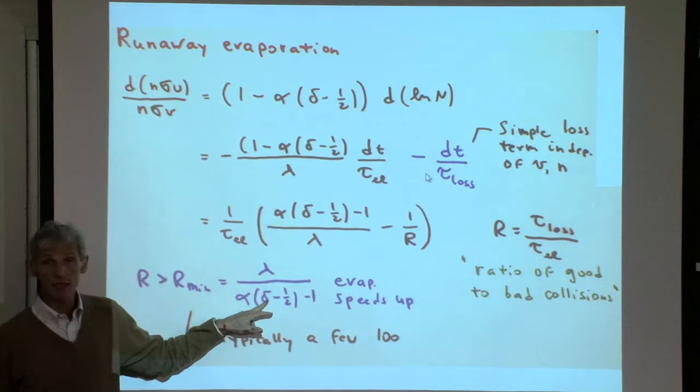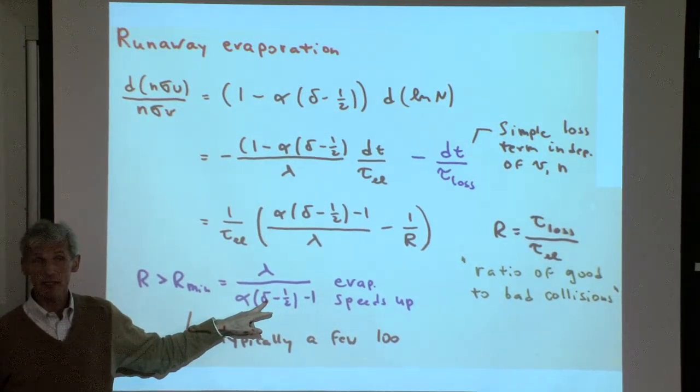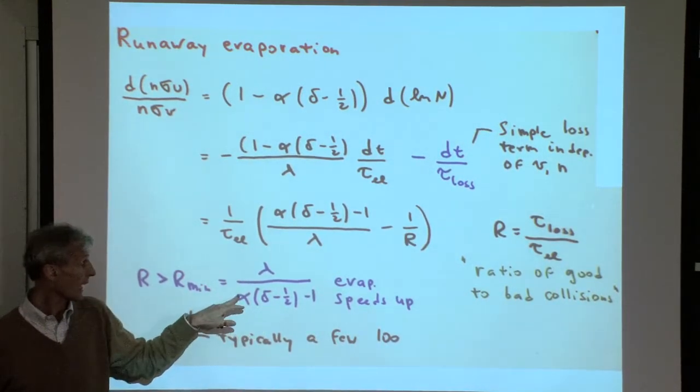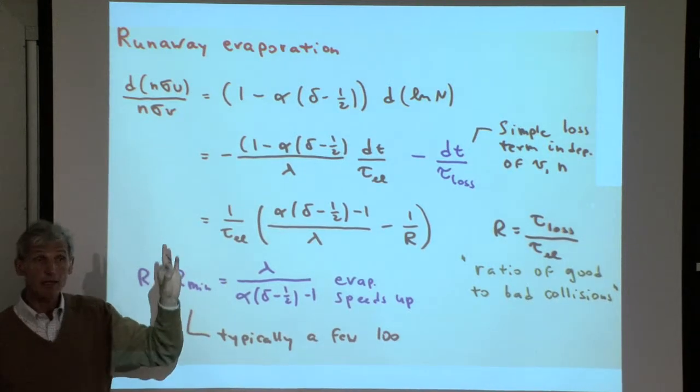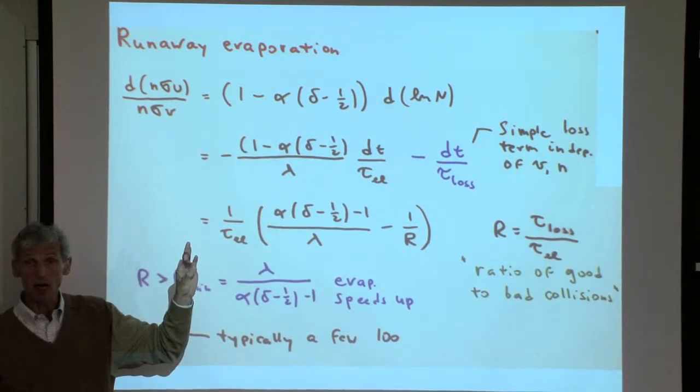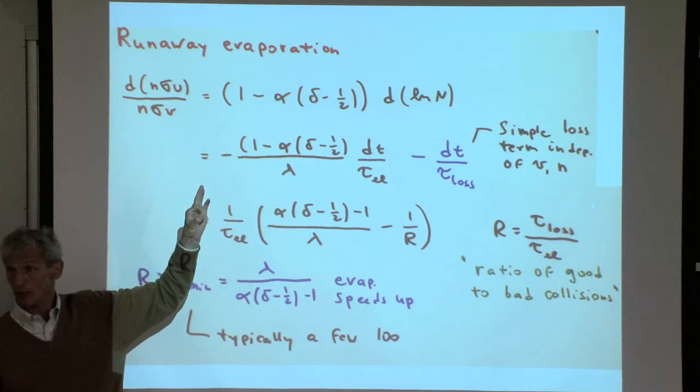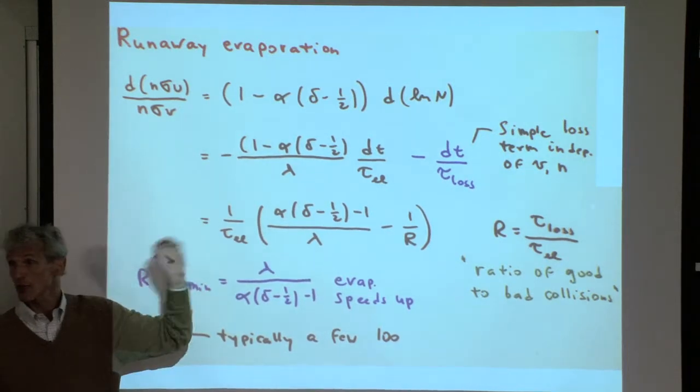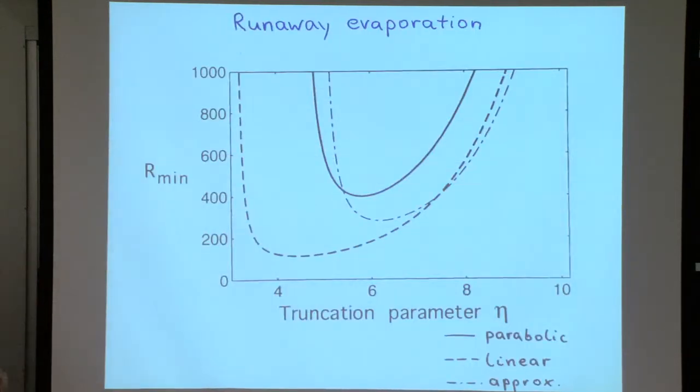Well, we talked about it. Delta is our trapping potential, linear or quadratic. Alpha and lambda depend on the threshold eta. How aggressive are we in setting a threshold in energy for the evaporating atoms? And what I'm showing you here is the condition. I'm varying the threshold eta, and now I'm figuring out what is the